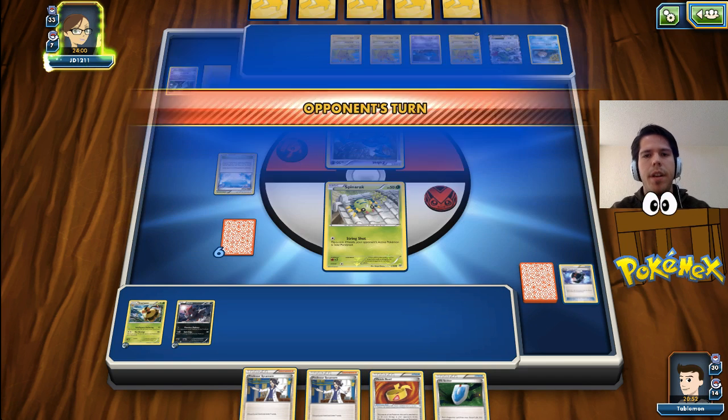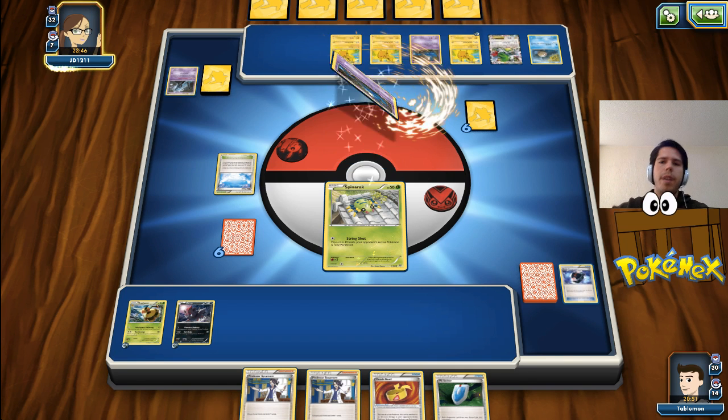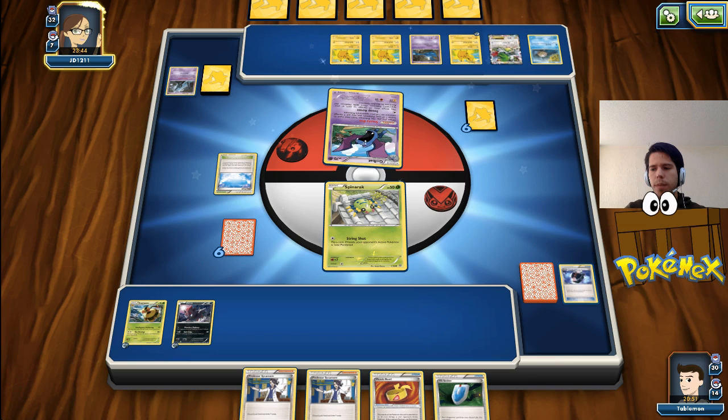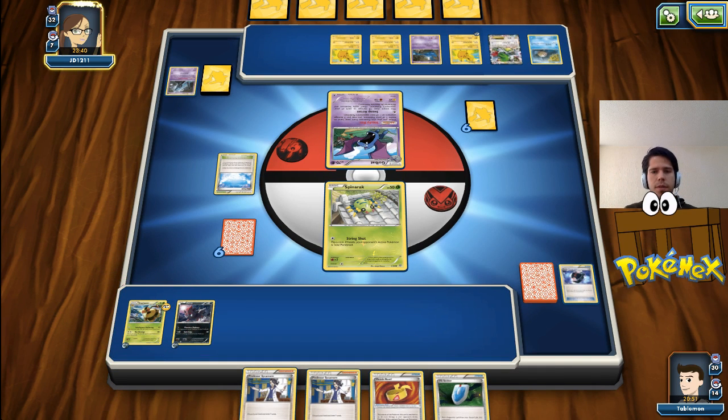We're playing a bit scared, both of us. We both have to be very conservative with our resources, but he does have the Milotic advantage. And the one way I had to combat the Milotic was through Blacksmith and Fire Energies, but I got rid of my own Flareons and Eevees. Therefore,